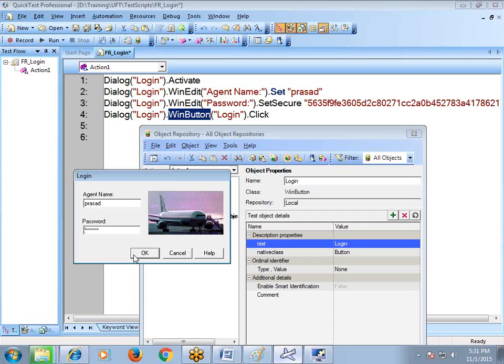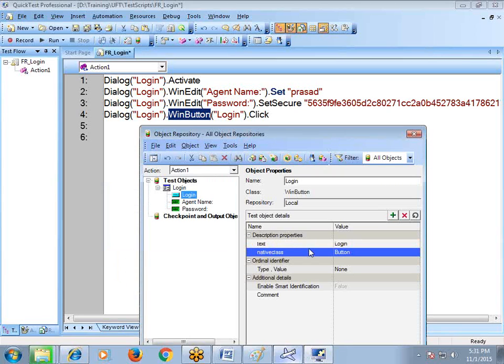Object Spy is just simply a tool. We can view what properties are available. That's it. Object Spy cannot help with object identification at runtime. Are you clear? See now how QTP is identifying the object at runtime by using the description, which is defined in